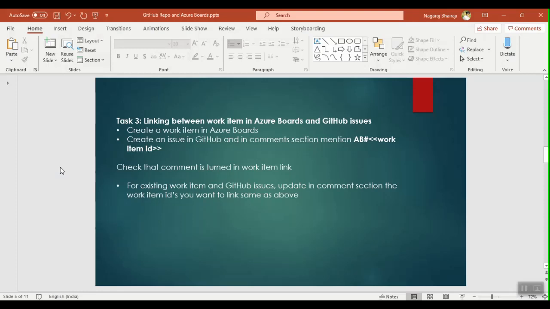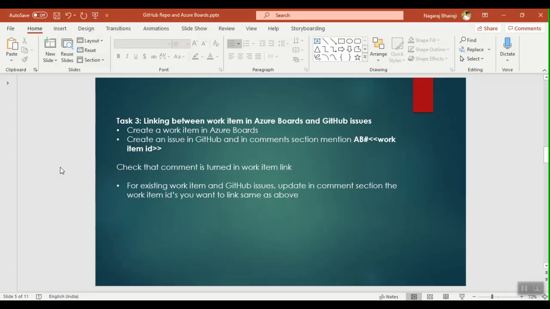And also we saw how to link between the Azure Boards work item and the GitHub issues. So this was about manually linking the work item ID and the GitHub issues, where we type in capital AB hash and the work item ID.